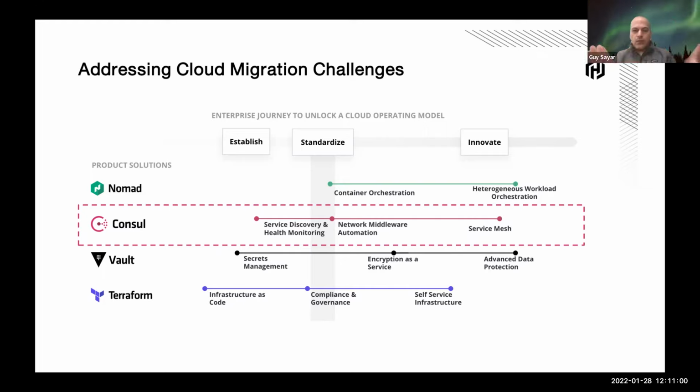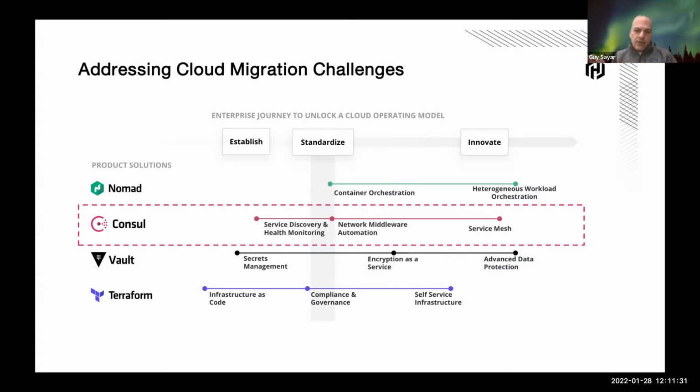If you break the world into two, new, small, cloud native challenger banks who are cloud first are in a different camp. But traditional large organizations and banks who have a significant on-premises footprint, the network middleware automation, Consul Terraform Sync, becomes a real enabler for innovation. So I want to talk more about it.